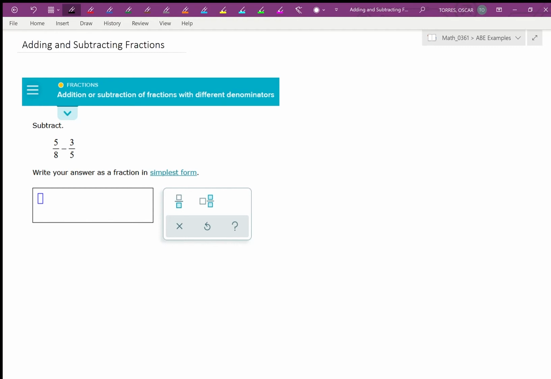When adding and subtracting fractions, you need to make sure that the fractions have the same denominator. So in this case, we have 5 over 8 minus 3 over 5. We need to make sure that these numbers at the bottom of each fraction are the same. To turn the 8 and the 5 into the same number, what we need to do is